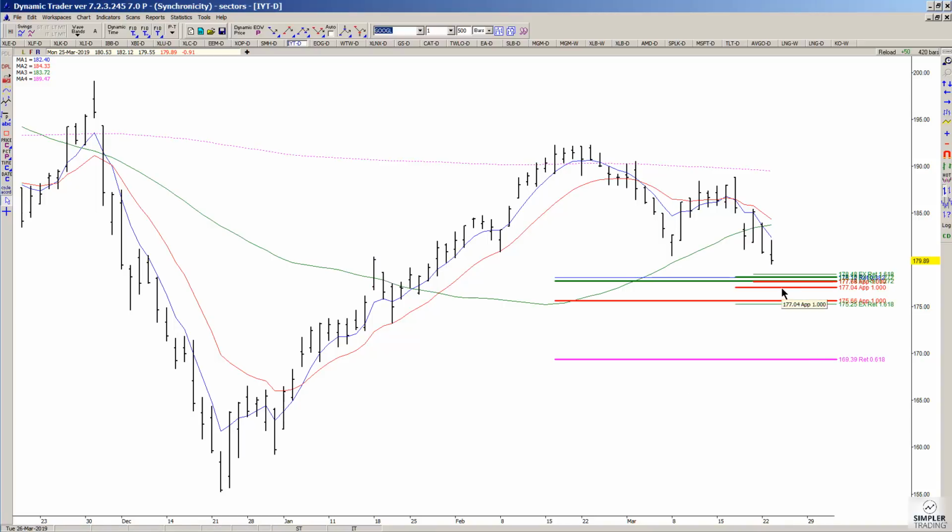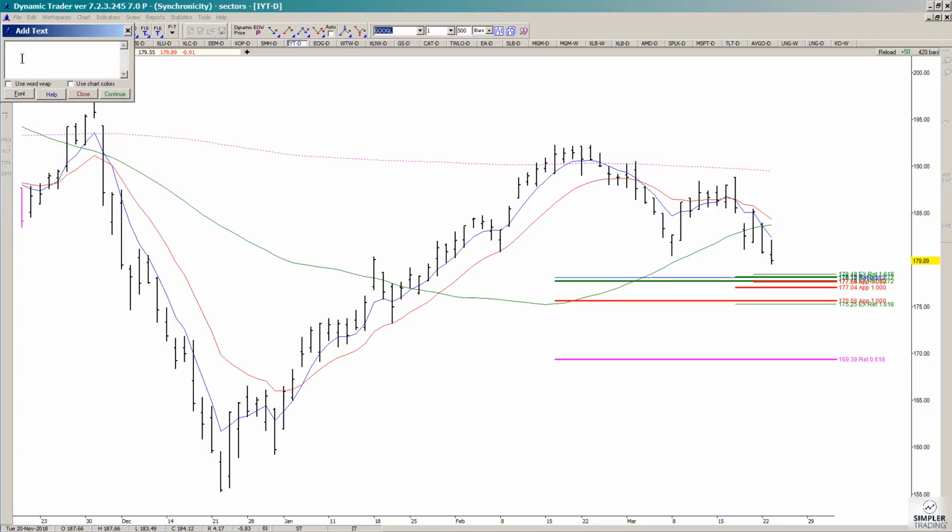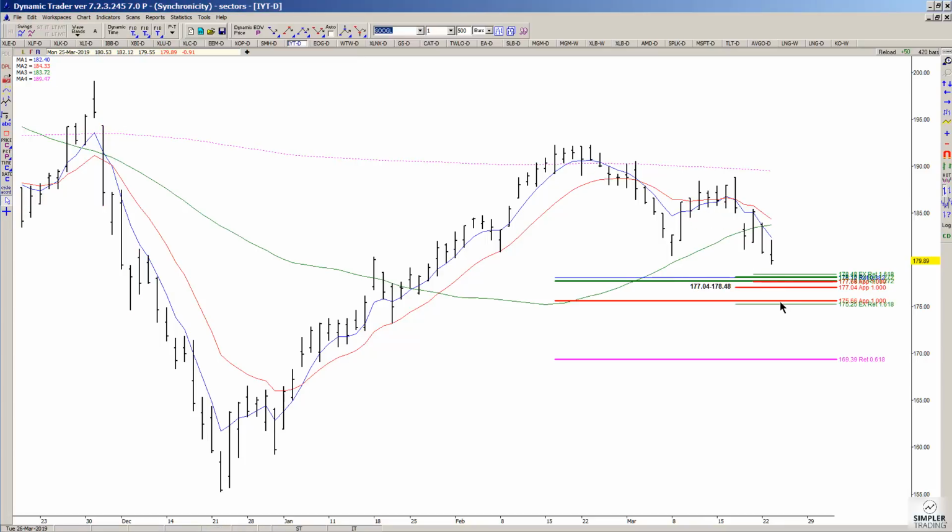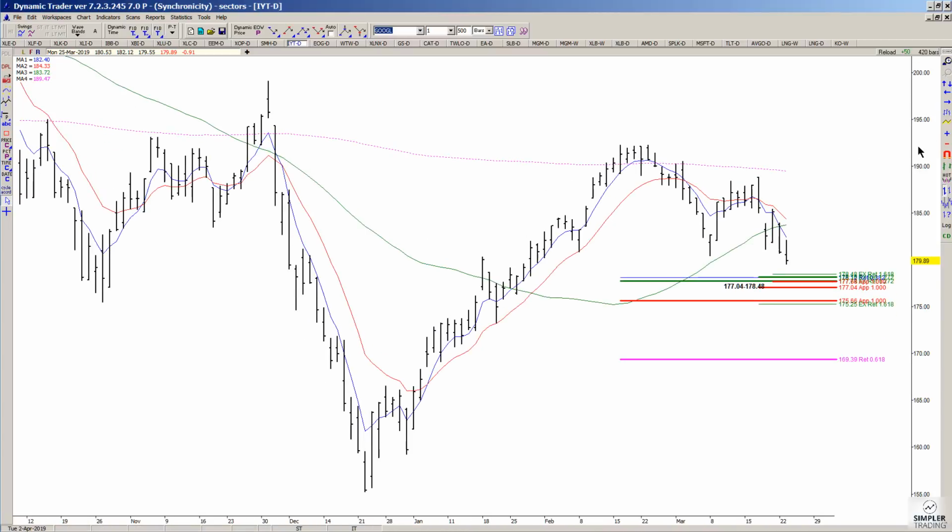But for now, the decision that stands out that I'm going to watch initially is going to be 177.04 to 178.48. That's the price cluster. There's one other area that I would consider watching for support, and that would be where you have this other symmetrical projection at 175.66 and a 1618 extension, 175.25. So those are the two areas that I'm interested in watching in the next couple of sessions, and we'll see